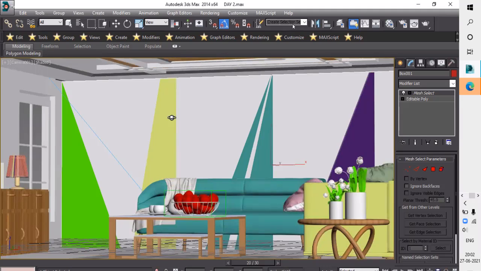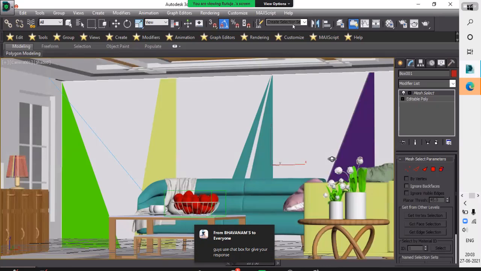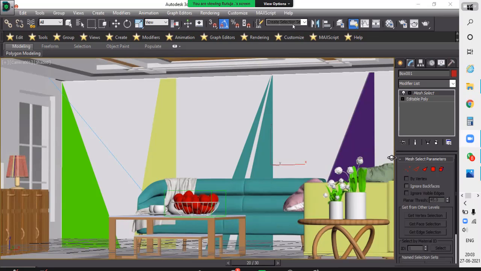You know how every object is created, the process, and the glass and teapot, the furniture, the books, shelves, ceiling. Please use the chat box and give your response.